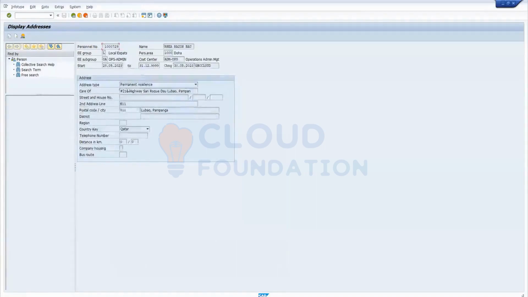You can see the address, the Qatar country code. All the things are mentioned here. Which cost center this person belongs to, everything is mentioned, and when he started the job.